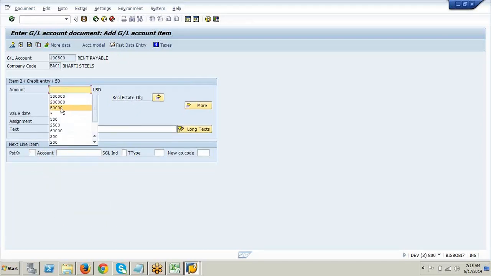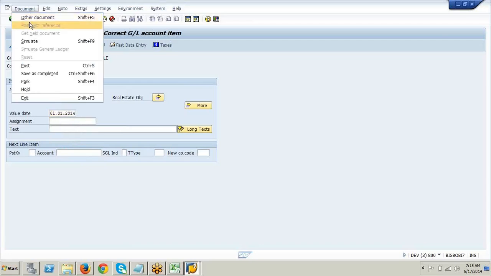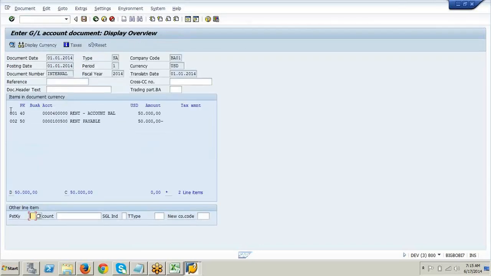Enter. Document similar, correct? Save it.